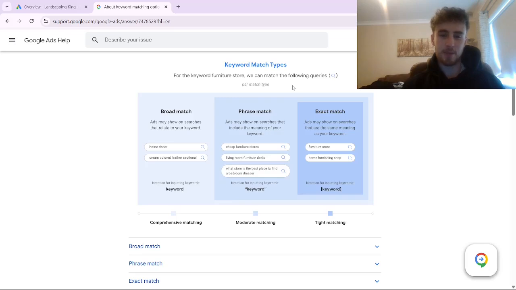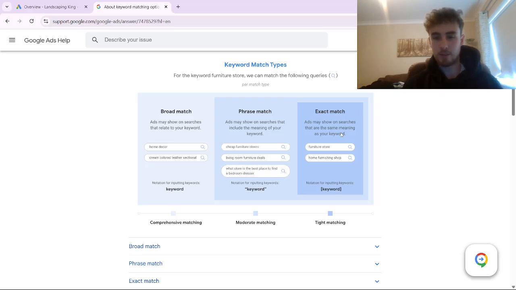And unlike the other two match types inside Google Ads, the definition of Exact Match is really clear, in that ads may show on searches that are the same meaning as your keyword. So it's safe to say with Exact Match that for the keywords that you choose to target, you're happy for your ads to appear for any searches that have the exact same meaning as that keyword. So you're not telling Google that I have this list of keywords that I only want to appear for these exact searches. As long as the search itself has the same meaning as the keyword that you target, then you can appear for that search,